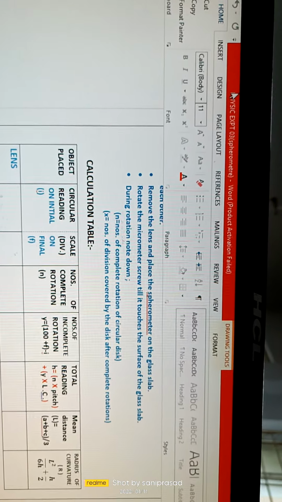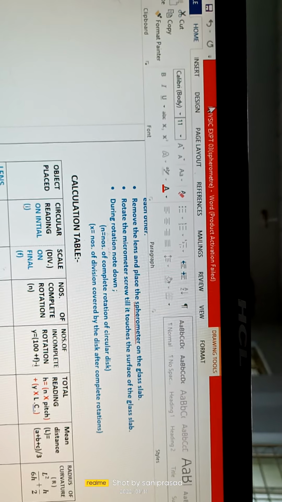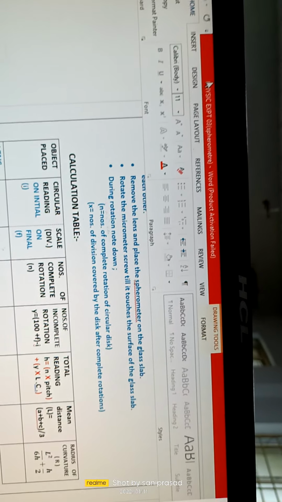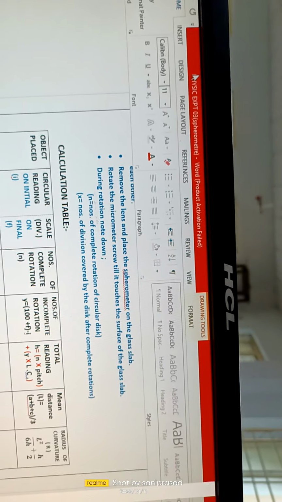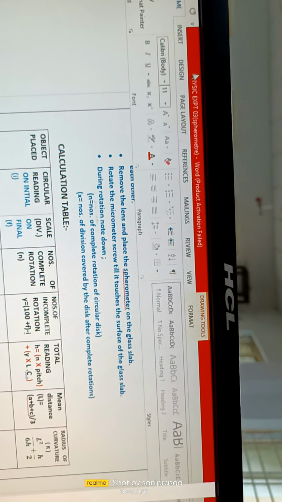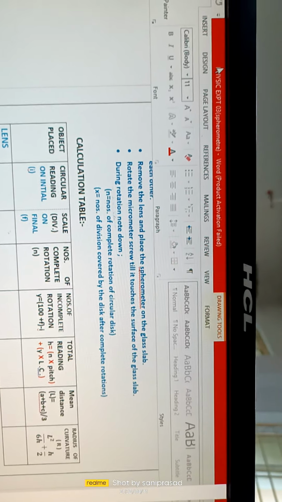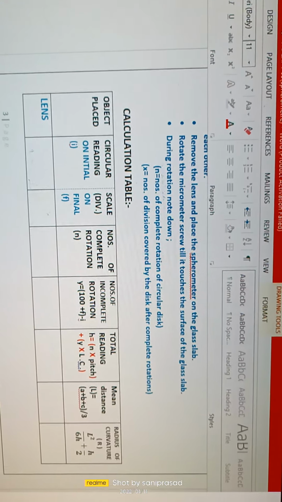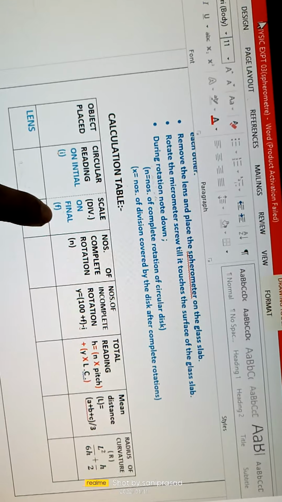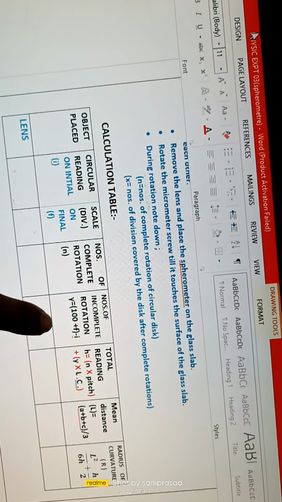कैसे मेजर करना है उसको? जैसे कि अगर हमारा स्केल जीरो से शुरू होता है और हम जब मेजर करते हैं 14.2 या 3 कुछ भी जाता है, तो कैसे मेजर करते हैं? 14.2 माइनस 0. सो इट विल बी योर फाइनल वैल्यू. दैट्स वाई वी आर डिफरेंशिएटिंग दिस वैल्यू. If it will be final minus initial, it will be the answer. If the initial is greater than final, then you can take it as